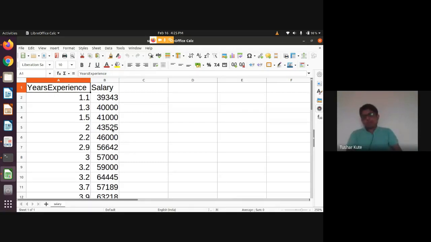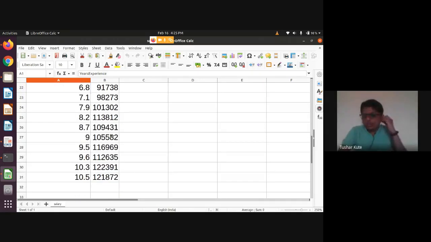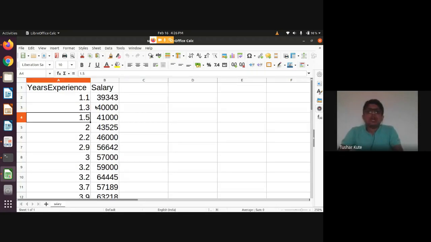Proportionality is not there, but they are increasing. Check this. A person with about 7.9 years of experience has 1 lakh, and then it keeps going higher. It's almost, but not exactly, linear. So I want to build the model for this particular data set. The libraries in Python and R will facilitate this. Within 4-5 lines, we can do this.